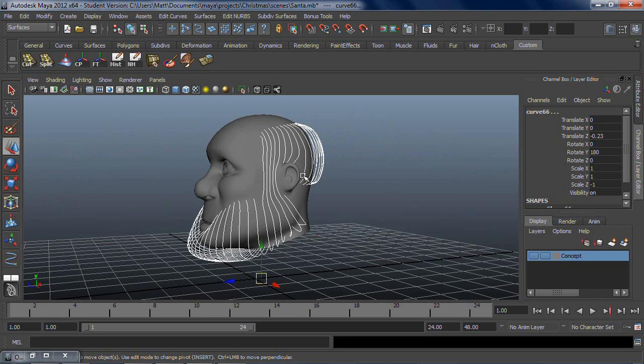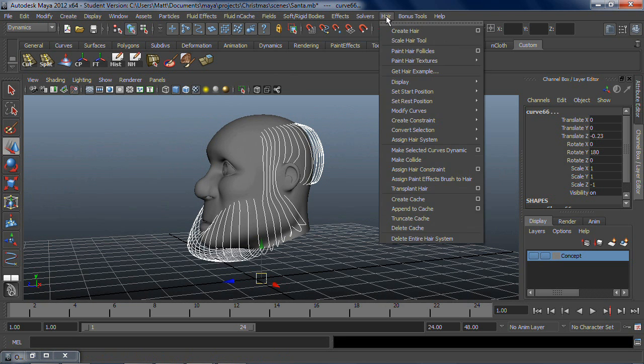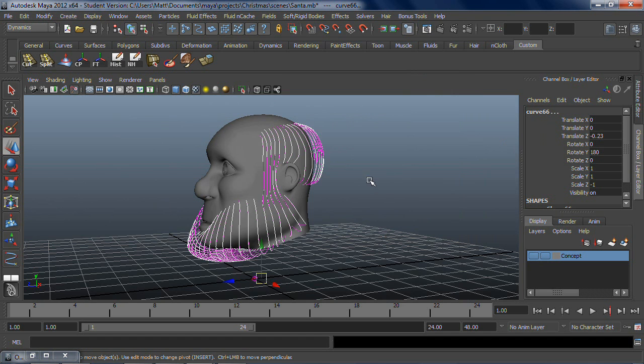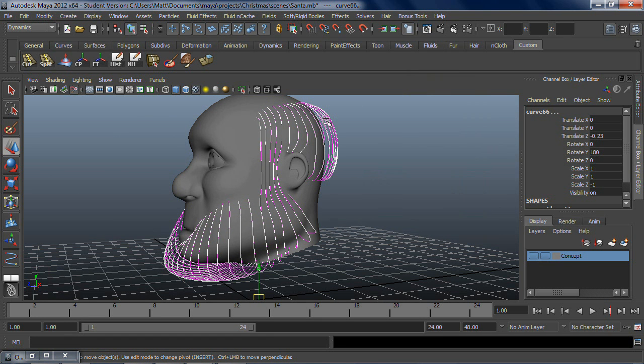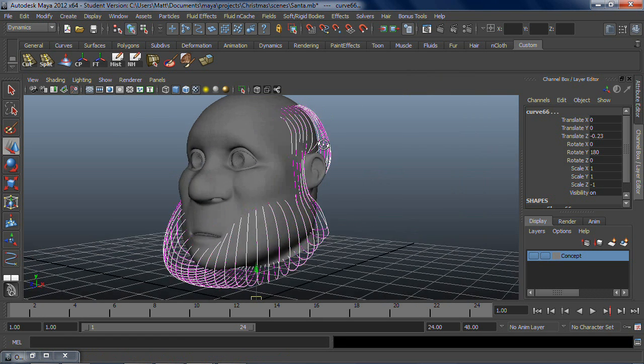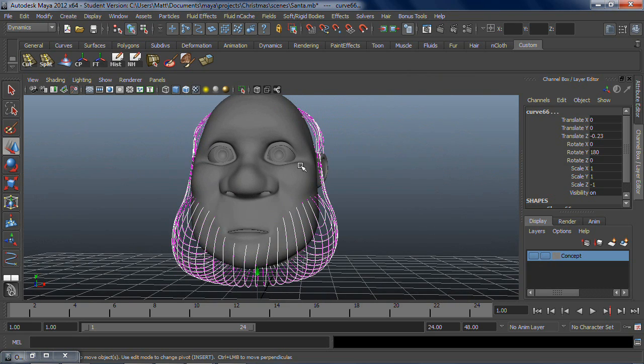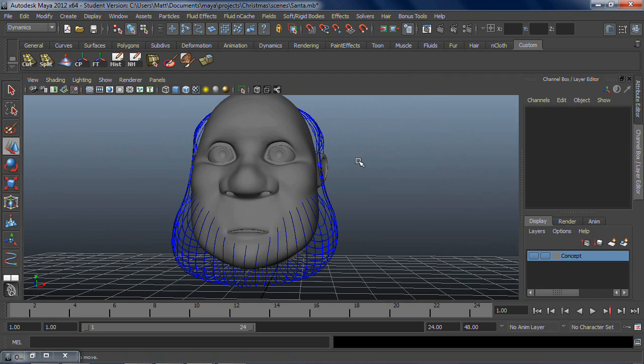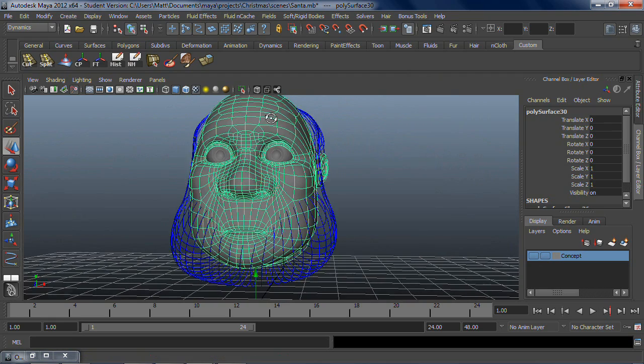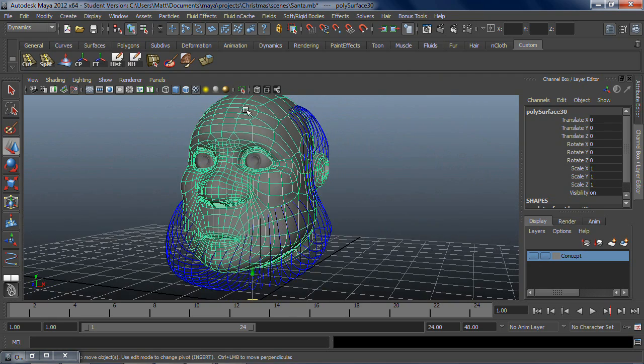And go to F5 hair, and then where is it? Assign hair system, new hair system. What this does is it assigns these hairs to, well, obviously to a new hair system, but it assigns these hairs to a system that has not been placed yet. Now I'm going to select this head here,